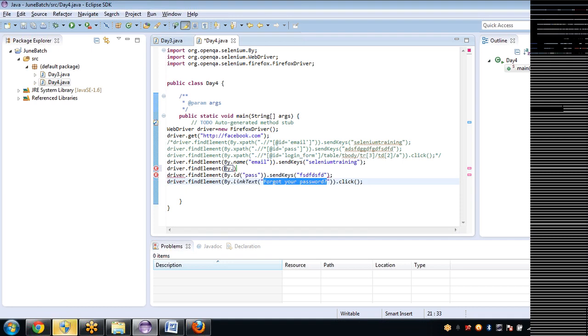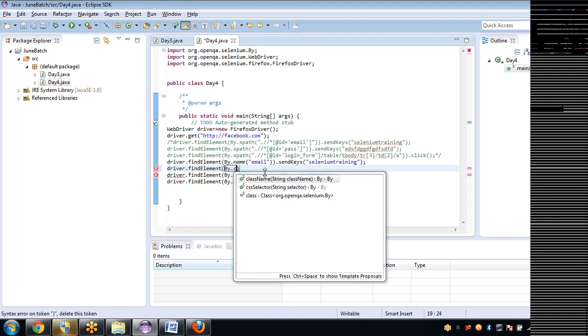So go and find the link with the partial text I have given here and click on it. So link text means you should give the entire text, then only it will identify. For partial text, you can just give "forgot your". Fine. That's simple. So there's nothing to discuss on partial link text. It just works the same as link text, but you can miss out some, like the question mark. No issue, because you are saying I am giving partial information, so it will identify it accordingly.